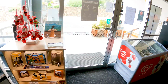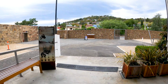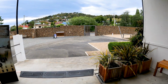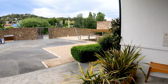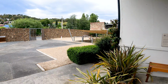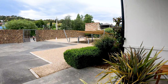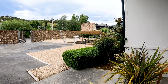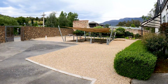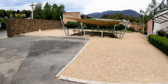So let's go out, and as we do, we are going to step into what I believe is yard number 3. And I am going to do my best to read some of this with you. This was one of the Tasmanian colony's longest running penal institutions, operating from 1828 to 1856. The Cascades Female Factory was the primary site for management and control of female convicts. And as the gentleman inside was telling me, it's not a very pretty